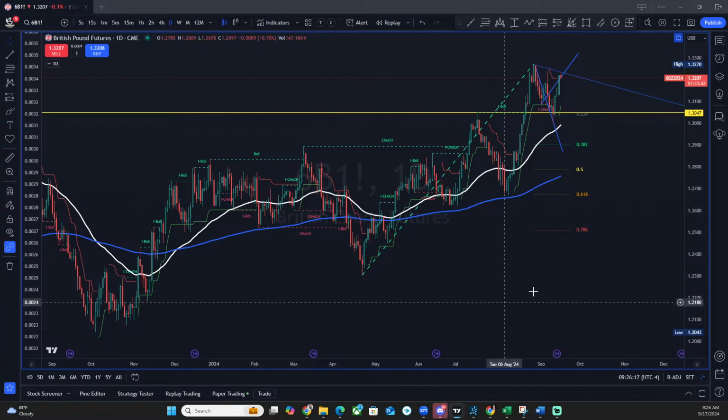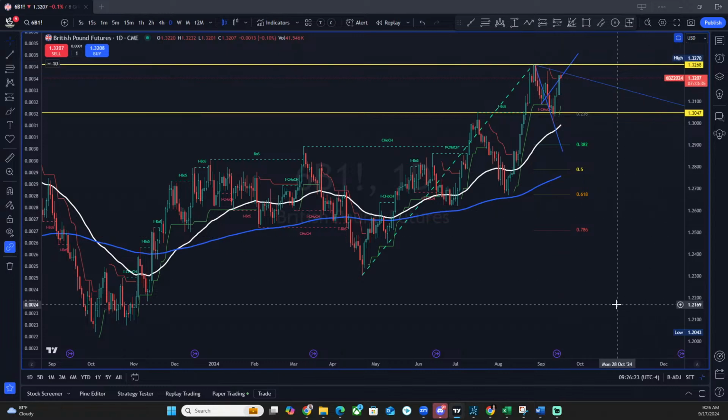Very, very interesting spot for the British pound, and you could kind of see this is the level that they really want to try to recapture with this momentum up, roughly around that 132. Oh, actually, I got my high right there. 132.70 is what they're looking for. So we'll see what happens there.